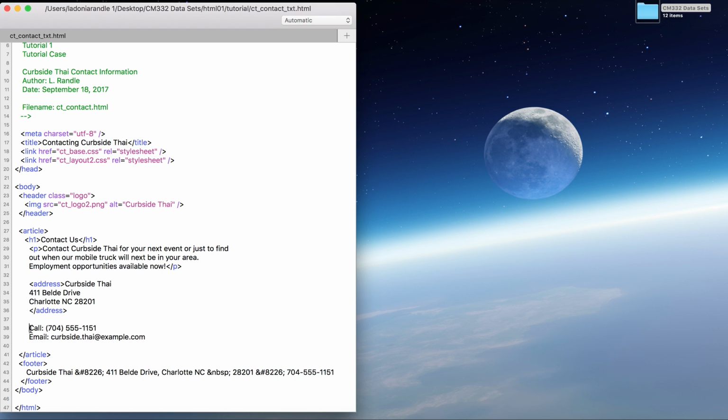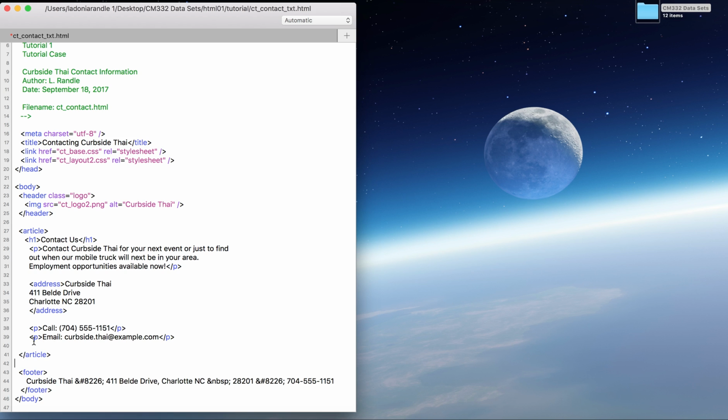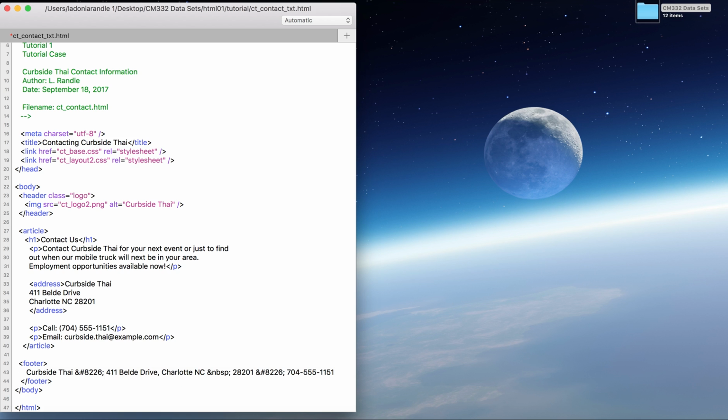Okay, it's paragraph, right? Excuse me. And then I'm going to put that at the end, and then our opening tag P, oops, before email. What else do we need? Got our article. Let's put some space in there so I can see what's going on. Okay, that looks pretty good. Oh, I need my breaks, don't I? Because what we wanted to do is we want that BR, that breaks your line. Because remember, when you hit return, that's not going to do anything. A hard return is not going to do anything. So we got to put that